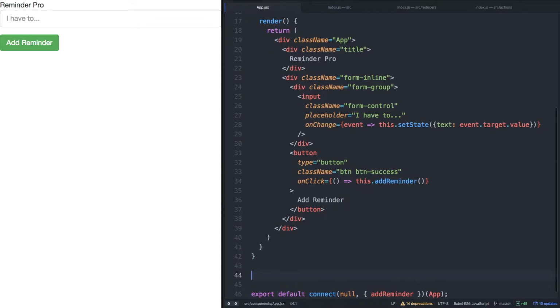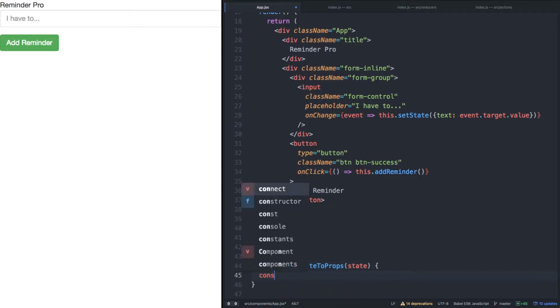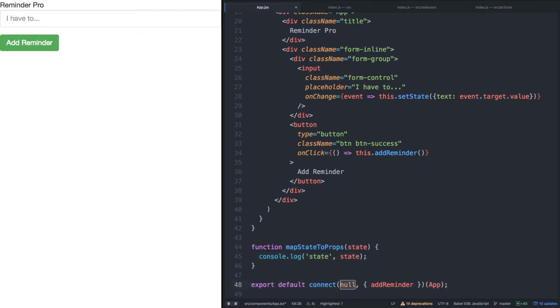So let's define mapStateToProps right here. Camel case it. And like I said, we have state as one of our arguments. For now, we'll simply console.log the state. And now we can simply pass mapStateToProps to our connect function. Don't forget to save. Now let's inspect the element so that we can see what happens when we add